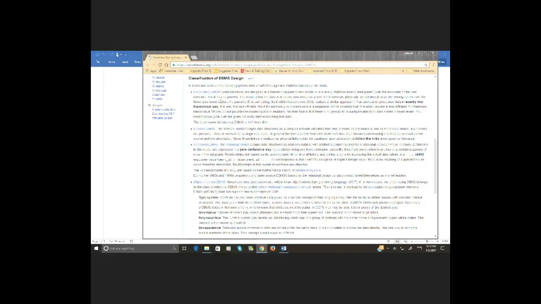Hierarchical, that I mentioned earlier, is typically just a data structure very similar to your hard drive. Network databases became extremely popular in the 80s as networks began to grow down to the desktop. Relational databases were invented back in the 70s with Ted Codd, and we're going to study some of his rules in another week or so. Object-oriented databases, how they work, how they come about, and finally NoSQL.